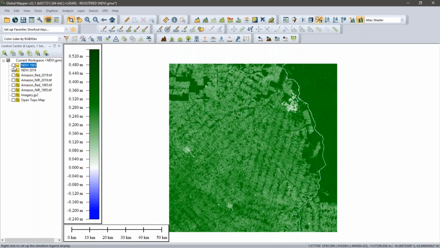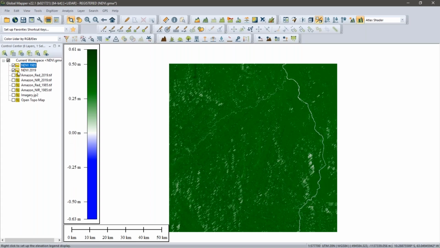There is still green there, but this is cultivated land now. This is land where crops are growing. The intensity of the green return that was prevalent when we had a dense canopy is obviously gone. Now, the final analysis that we're going to perform on this imagery is to subtract one from the other to